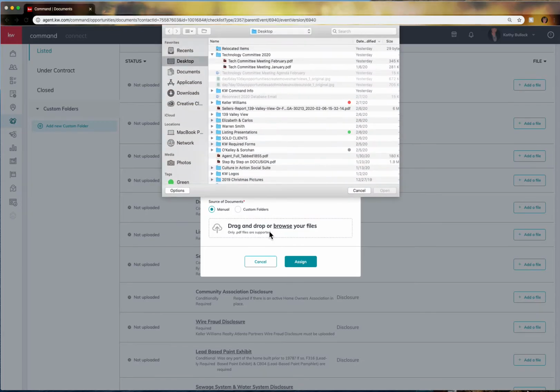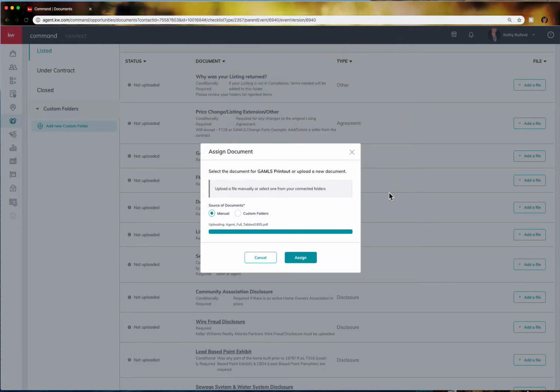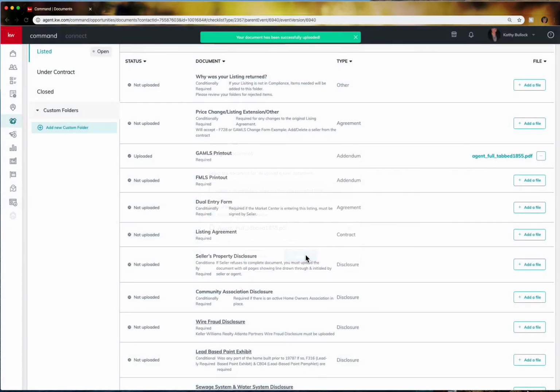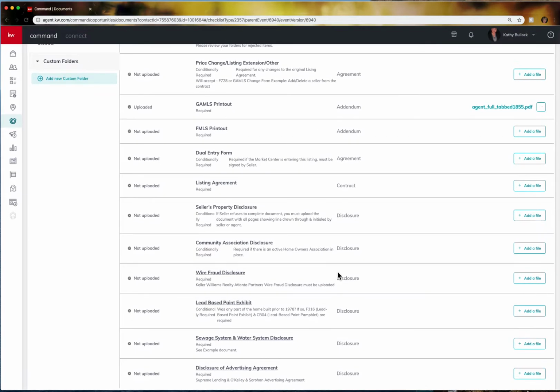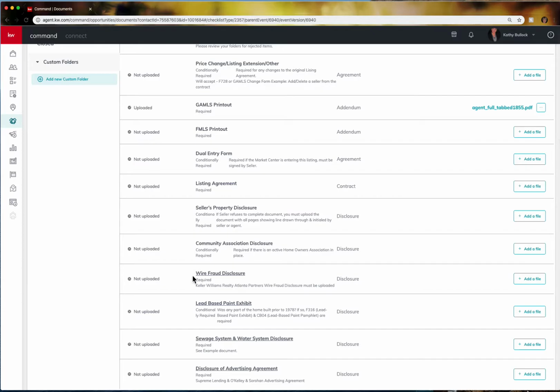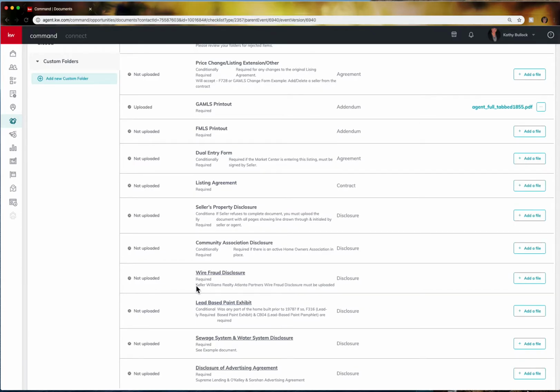Come out and you can drag and drop, and I can just come out here and find my file. It loads up and I assign it to this tab. Okay, and that's going to be the same way, working your way down into all of the listing documents. Now, some of these that are required are KW forms or KW Atlanta Partner forms, and you may be wondering